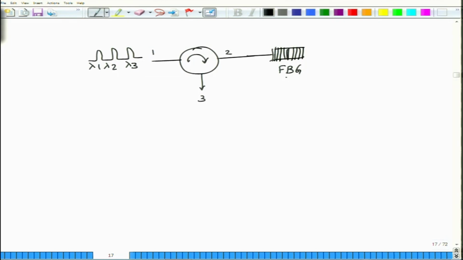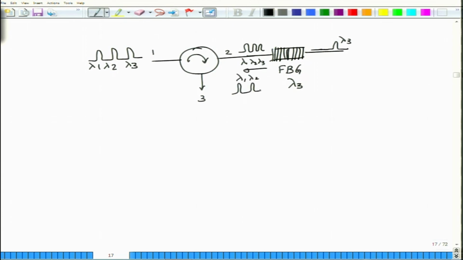And the characteristic of this fiber Bragg grating is that it can be tuned to a particular wavelength. For example, I will tune this to, say, wavelength lambda 3. So you had this lambda 1, lambda 2, lambda 3 incident on the fiber Bragg grating, but what this fiber Bragg grating will do after it has been tuned to lambda 3 is that it will allow lambda 3 to pass through; lambda 1 and lambda 2 are rejected by the fiber Bragg grating. So it will actually carry only lambda 3 out. Okay, and it will actually push or reflect back lambda 1 and lambda 2.